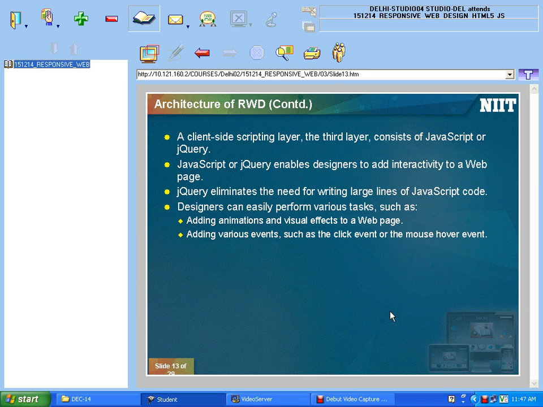Different uses. Maybe I want to use client-side scripting for validations, I mean maybe sometimes form validations, or to make my web page interactive. I want to add some animations on my web page. So for that, I can use